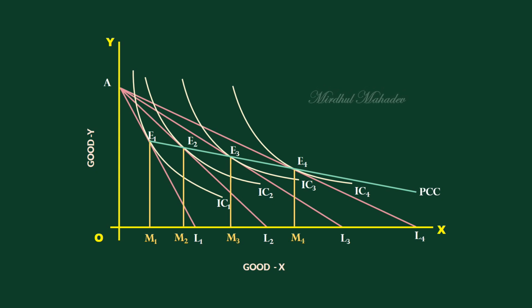In the present case, the PCC is falling to the right. It means successive fall in the price of good X makes the consumer consume more and more. The fall in the price of good X results in the increasing quantity of it to be purchased. Moreover, the downward sloping PCC signifies that good X is a normal one. This need not be the case of PCC always.